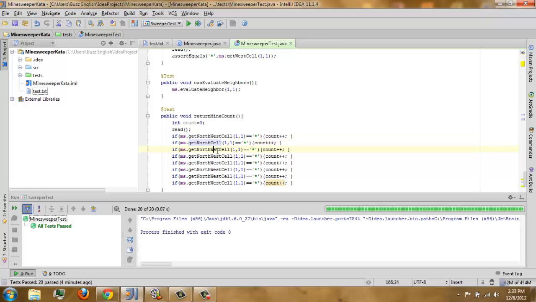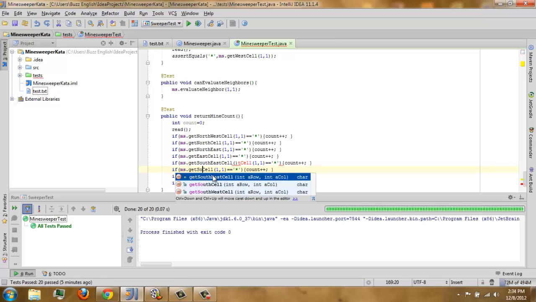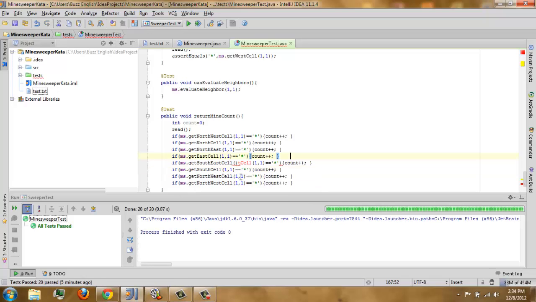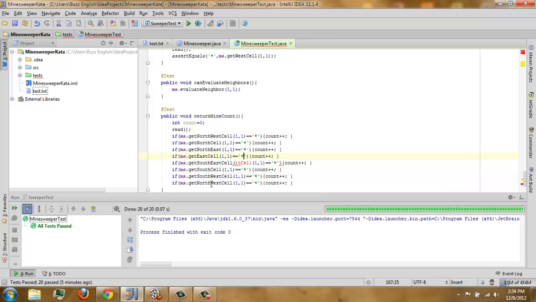North, northeast, east, southeast, south, southwest. Last is going to be west, right? Yes, and there is an error there.